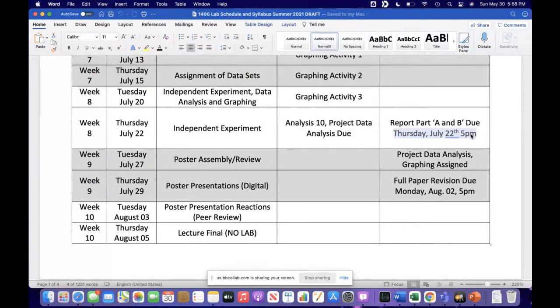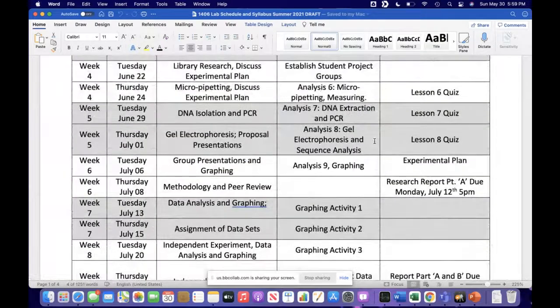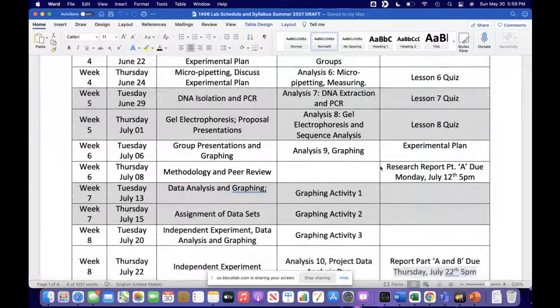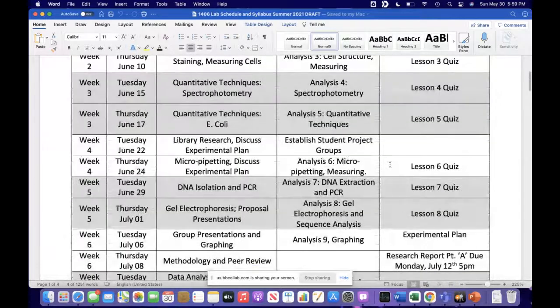I think this is the only thing that has an asterisk on it. Normally all your stuff is due Monday at 5 p.m. Your final research paper is due earlier in the week, and then, for your research proposal,